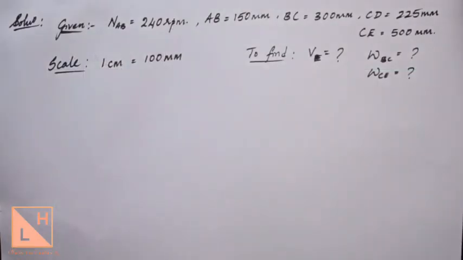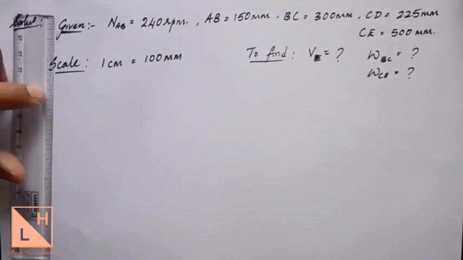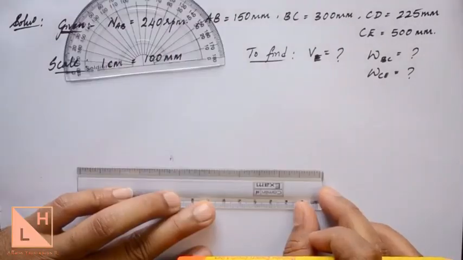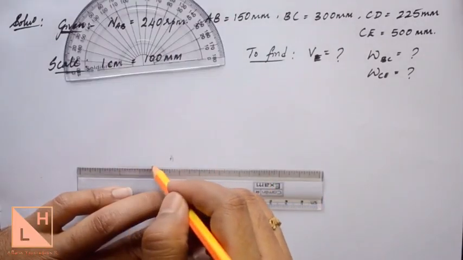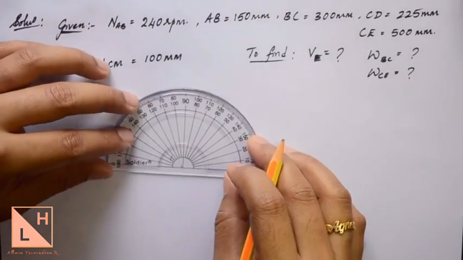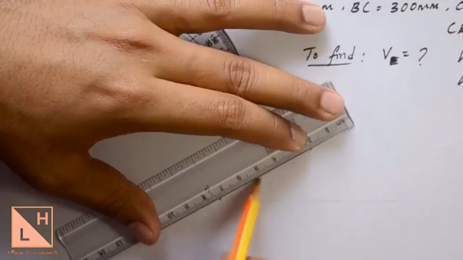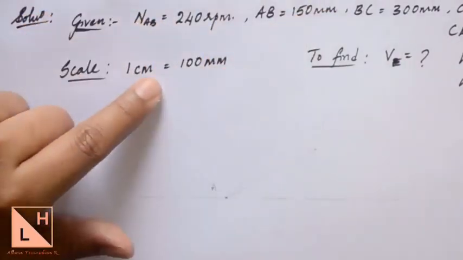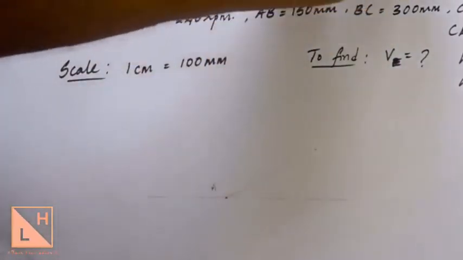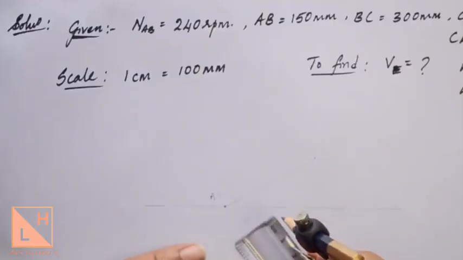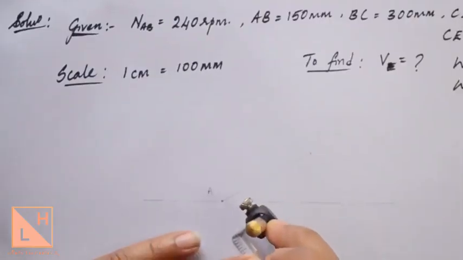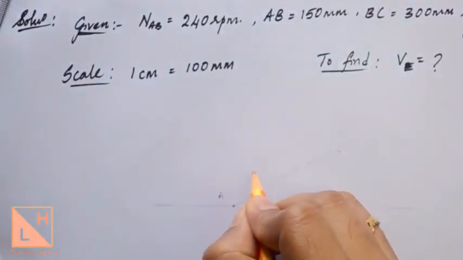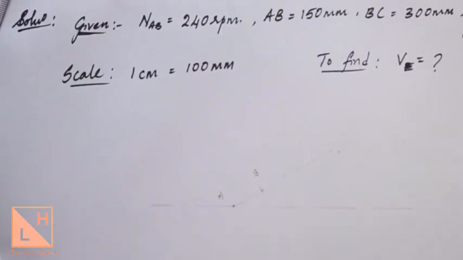and now we can start from point A because the angle at point A is given. If I consider this as point A, draw an axis line through this point A. From this point A, we can draw a 30-degree line. The length of the crank is given as 150 mm. According to our scale, we take 1.5 centimeters. So use a compass, measure 1.5 centimeters. This point will be taken as point B, which is at an angle of 30 degrees.